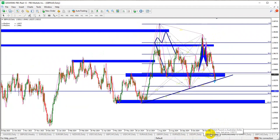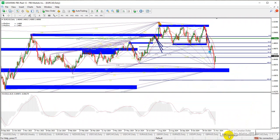So for GBP/AUD also, GBP/AUD touched this trend line that I highlighted here, and price is already moving up. So where it is right now, you cannot take entry there, so we need to wait. So then Euro CAD